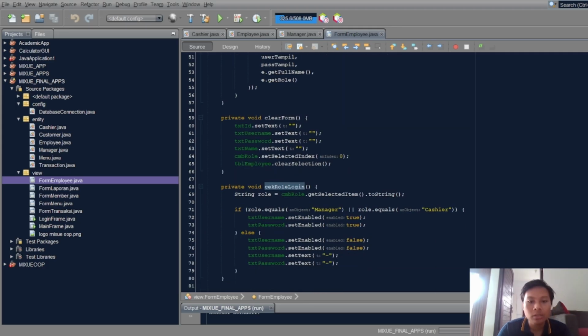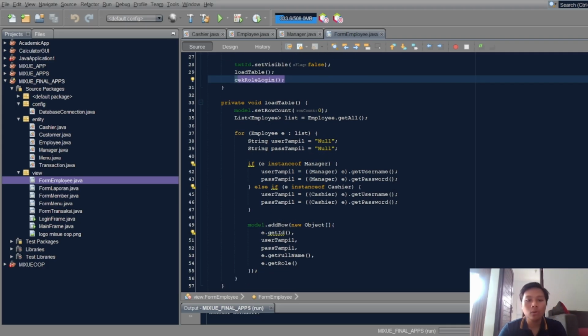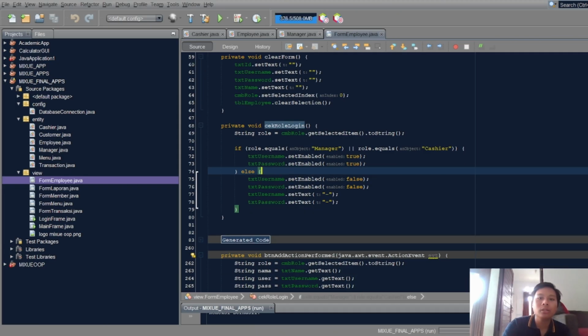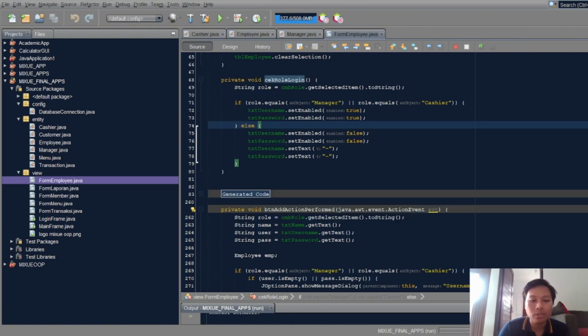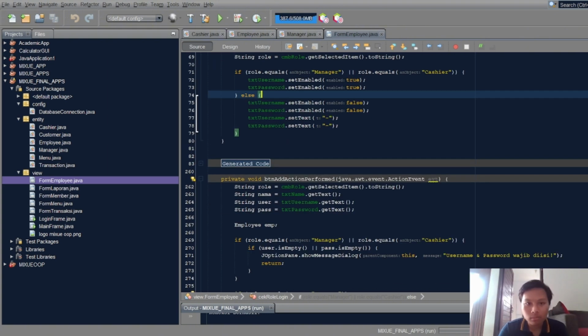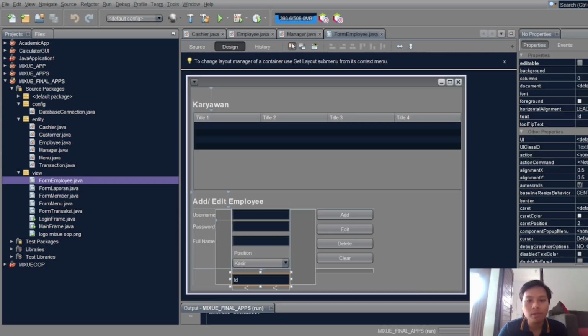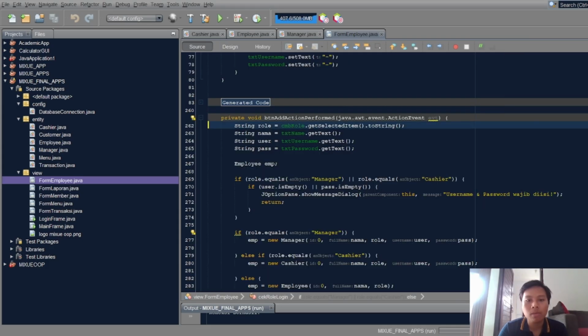And the check row login is for checking whether the manager or cashier uses the from employee. And then we move to button add.